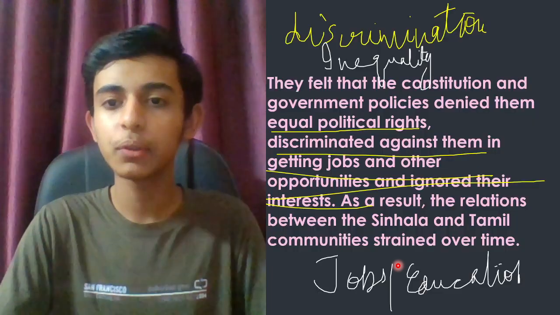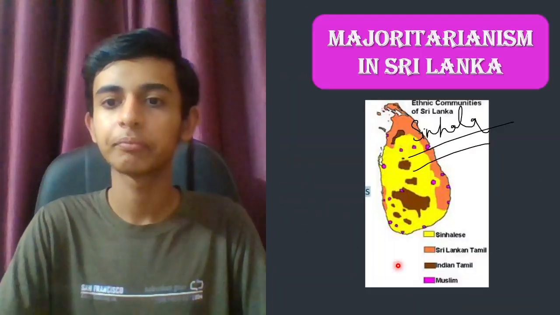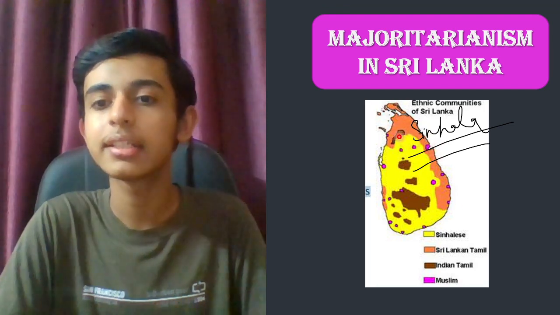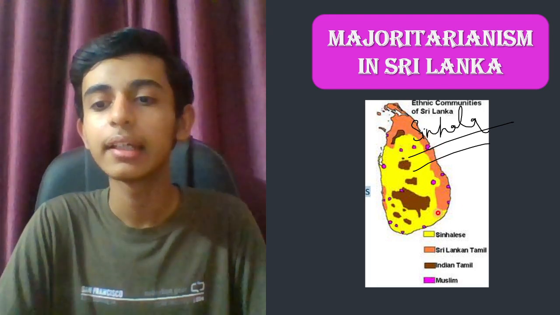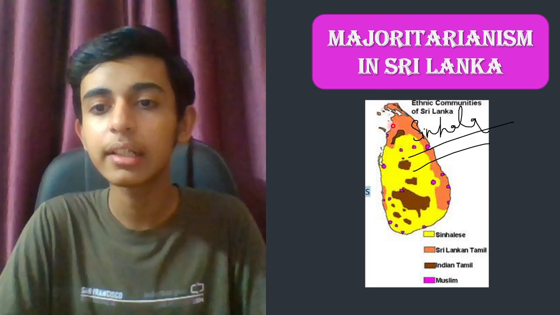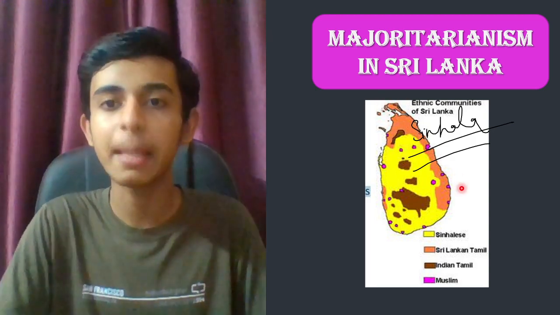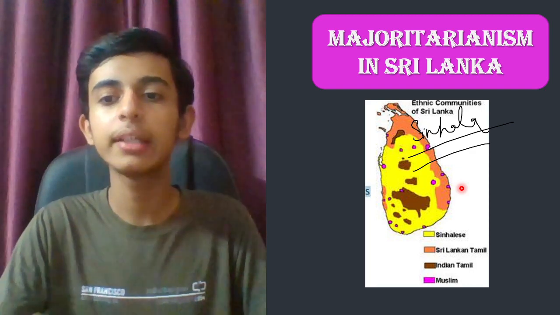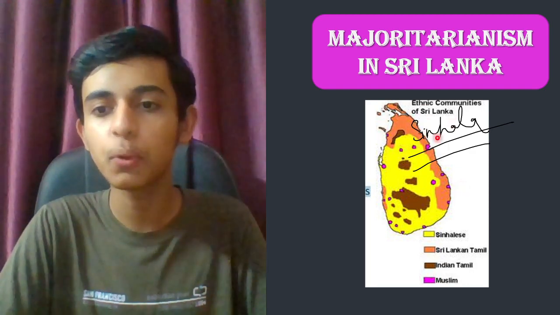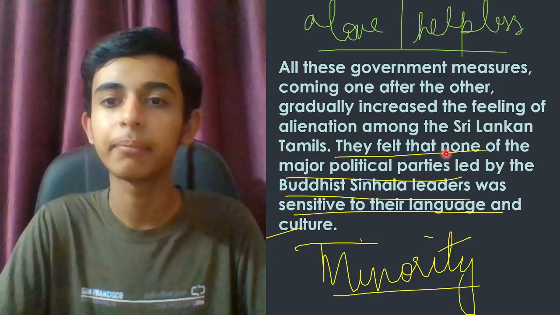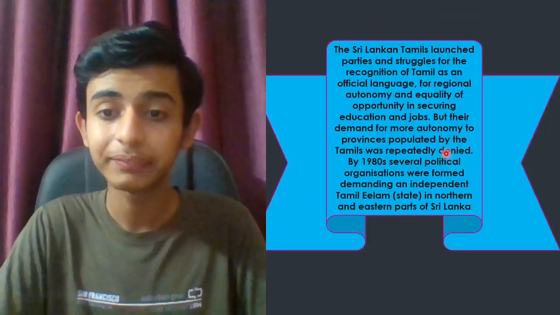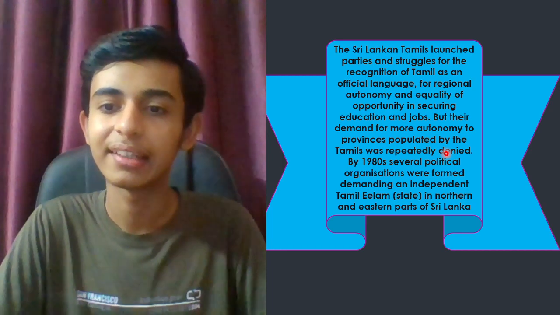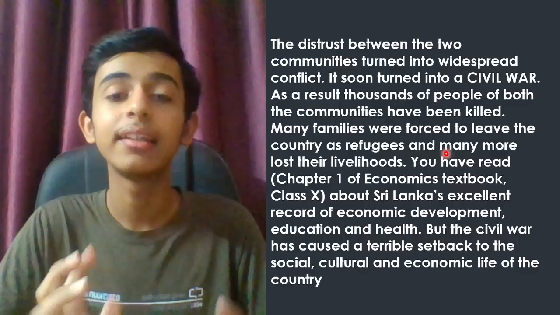Let's see, if you look at the map over here, we are able to see that in the northern part and northern eastern part, it is populated with the Tamil people. So they wanted that this portion should be given to them. Sri Lanka should be divided into two parts. Okay, wherever they are accumulated more, that part should be given to them. But was this allowed or not? No. Again, okay.